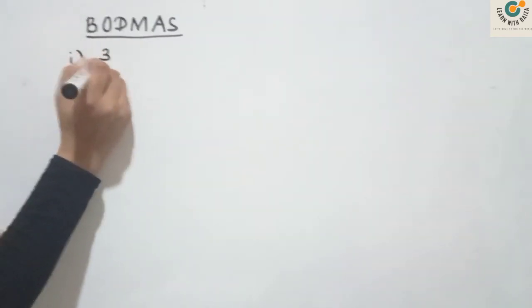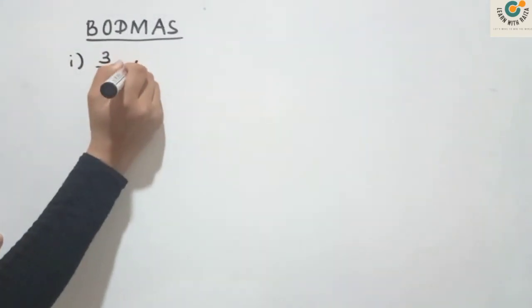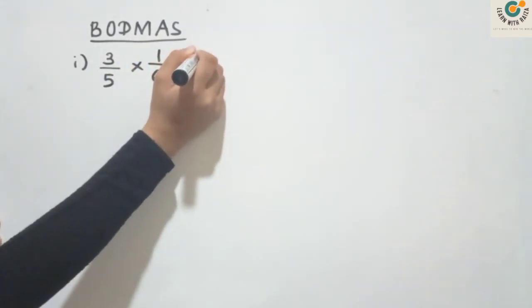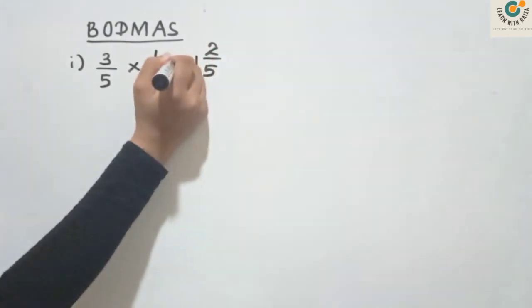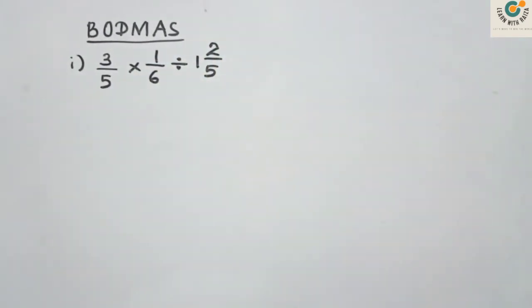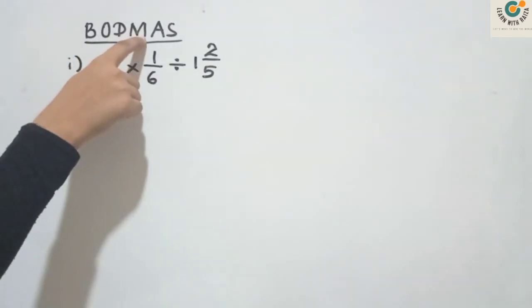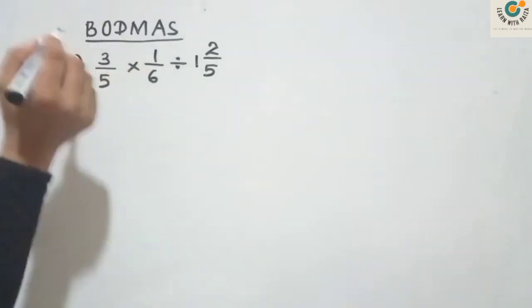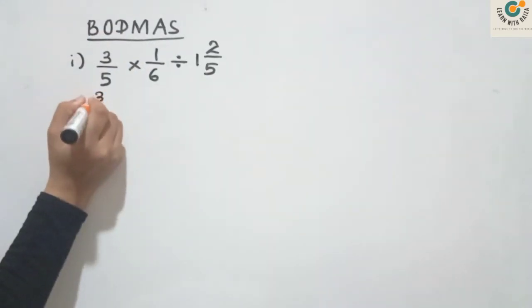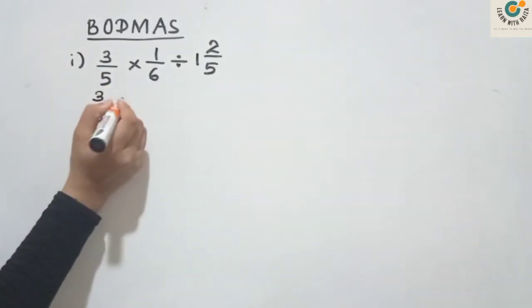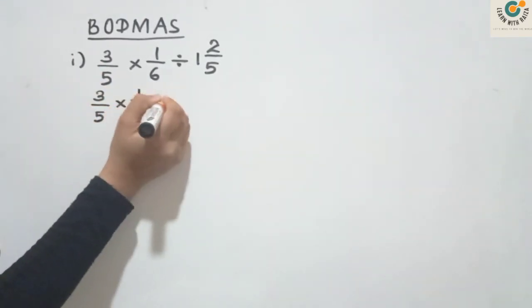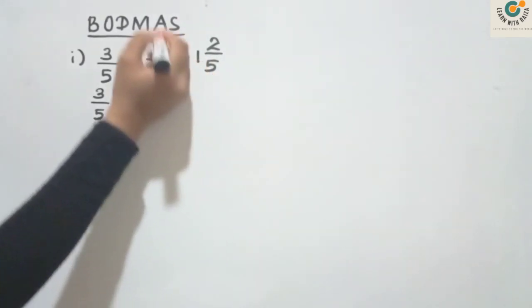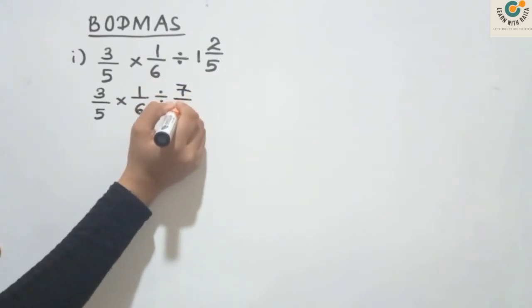If you are given a fraction like this with two mathematical operations, multiplication and division, I'll take multiplication and division. Now note this, BODMAS. Multiplication here, division here. So what do you notice? Division is standing first. So you should solve the division part. Don't do any effect. Write down this way. But here, put the division mark. Convert this into improper. 5 times 1, 5. 5 plus 2, 7. That is 7 upon 5.